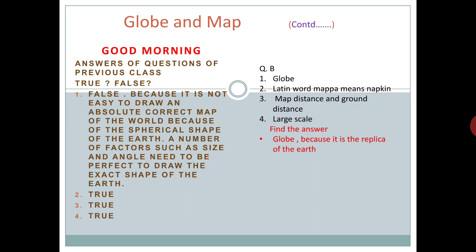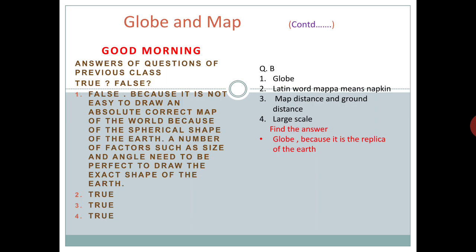In our last class, we discussed a little bit about globes and maps. In last class, I gave you some questions and I told you to find out some answers. I gave one true or false: it is easy to draw an absolutely correct map of the world. True or false? False, because it is not easy to draw an absolutely correct map of the world because of